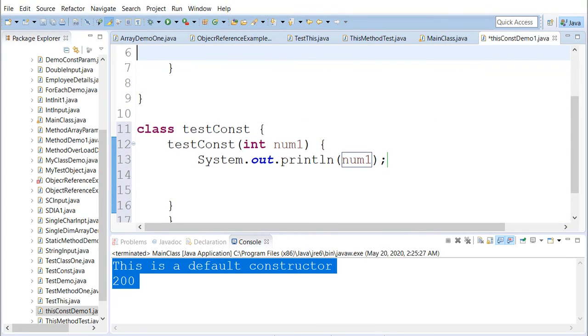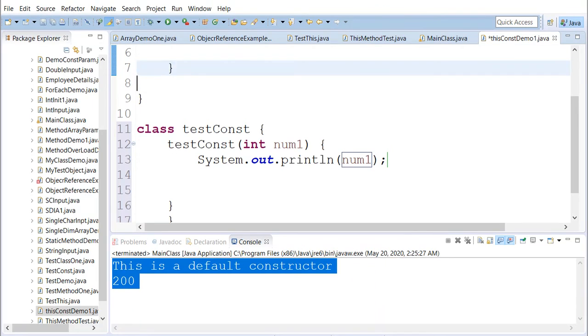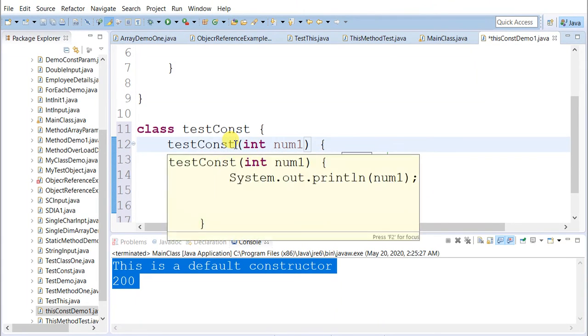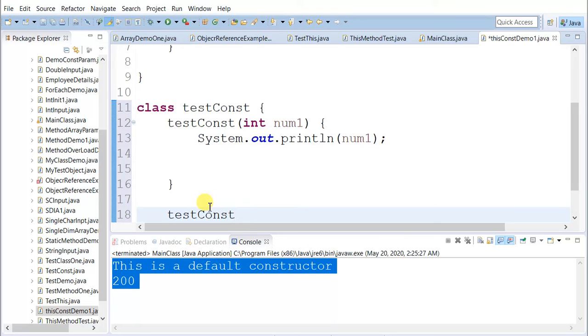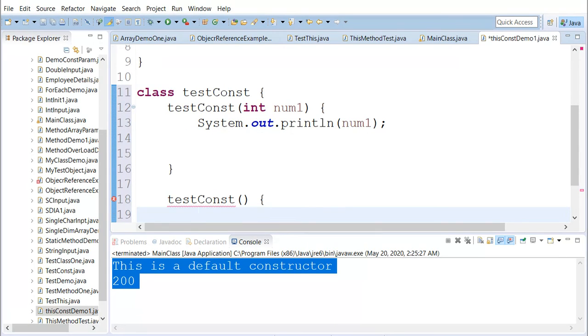Now I'll just put one default constructor, now without a parameter, and I need to use this. So this will invoke the parameterized constructor.